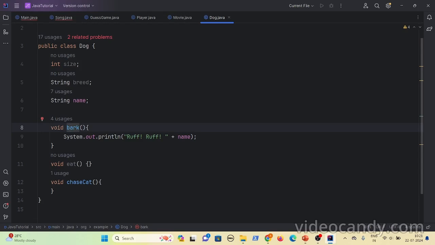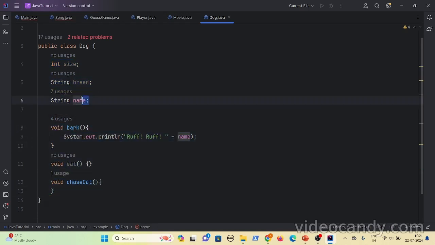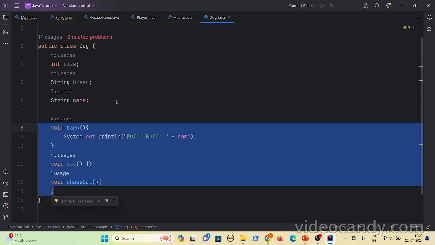Now let's start with reference variables. So what are reference variables? Let's say what we have done here, you have created a dog class. Dog will have the size, breed and then the name. And it has a few methods as well. As we have already discussed, these are the things that a dog knows and these are the things that a dog does. So this represents the state of the dog. By looking at the dog, you can say the size, breed and the name. And what a dog usually does, it can bark or eat the food or chase the cat. These are the actions that a dog can do.